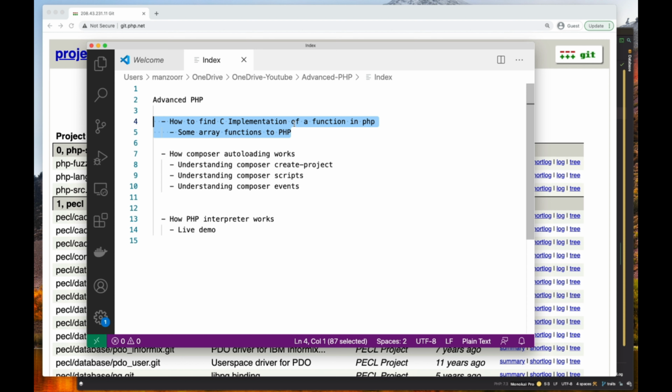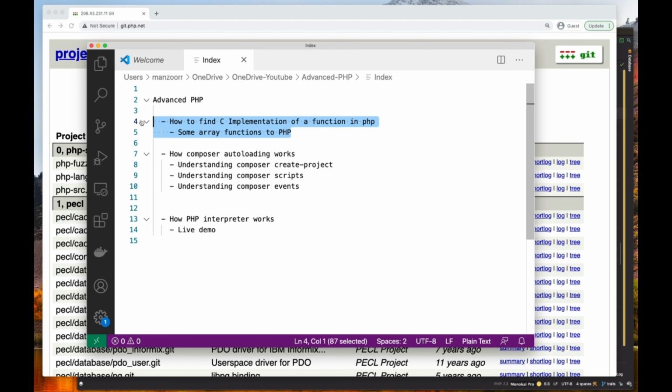But when they compile it and give us the source code, we're able to write PHP in a very fluent and easy-to-use language. In my career, sometimes just for fun, I wanted to know how a function is implemented in PHP.